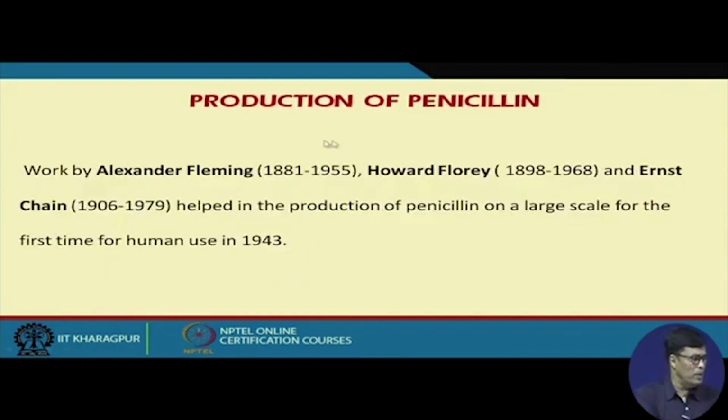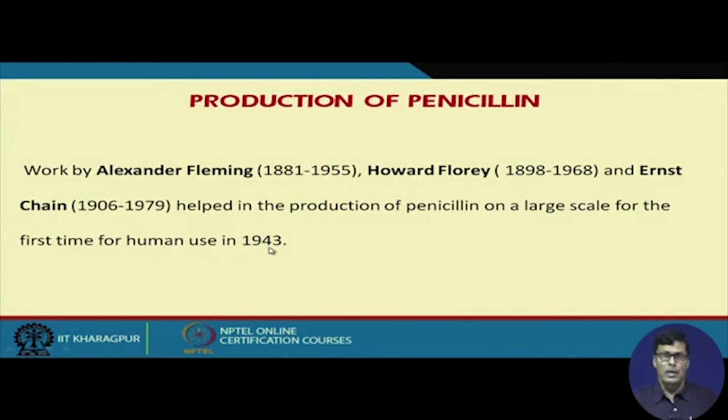The work of Alexander Fleming (1881 to 1955), Howard Florey (1898 to 1968), and Ernst Chain (1906 to 1979) helped in the production of penicillin on a large scale for the first time for human use,